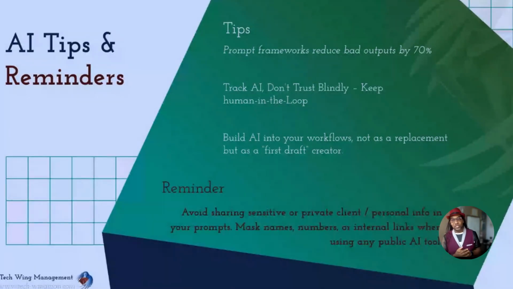Prompt frameworks reduce bad outputs by 70%. What is a prompt framework? Literally what I showed you earlier is a prompt framework. You can create your own frameworks on the fly. Defining your prompt prefix, suffix, and value, how you want the AI to respond to you, is pretty much a framework. So you can build your own for workouts or for creating social media images, any of those things. And every time you want a new image or a new workout or a new business plan, you can use that as a framework, and you have a higher chance of getting something much closer to the truth.